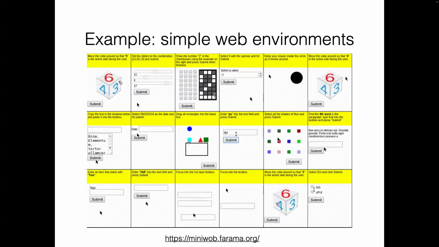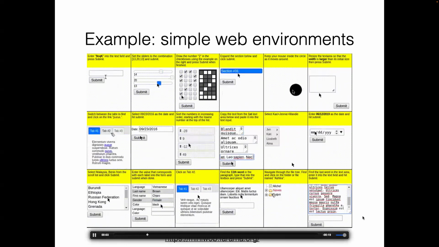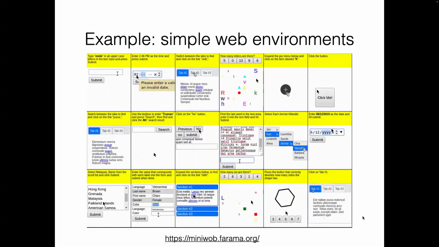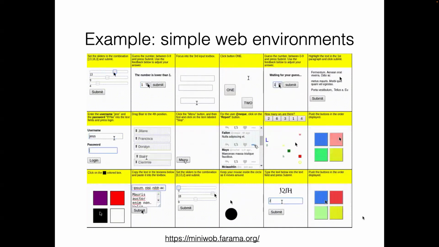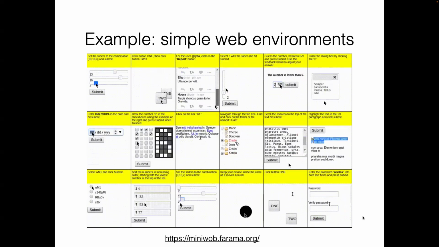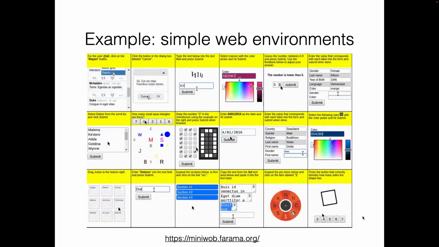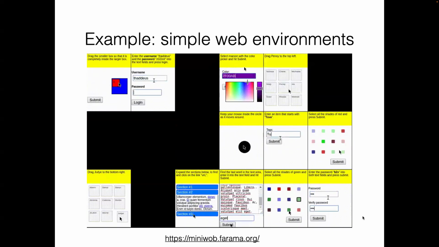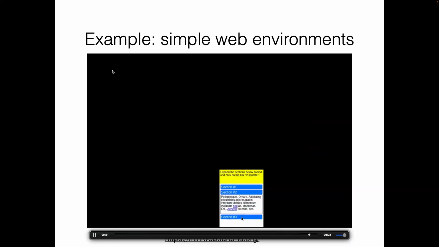So what are some example environments? Here is one which was created in 2017, 2018. I'll put the link to the paper on the course website. And here it was a kind of forward-looking paper. They were coming up with these environments for different agents, and each one of them is essentially a very simple